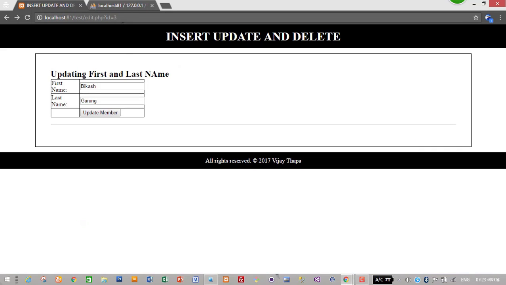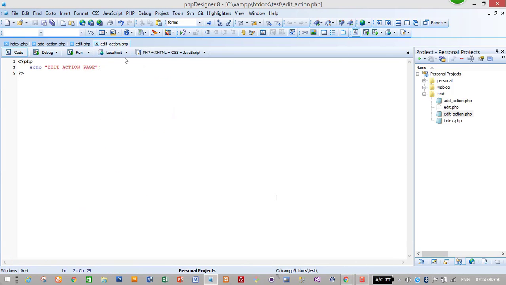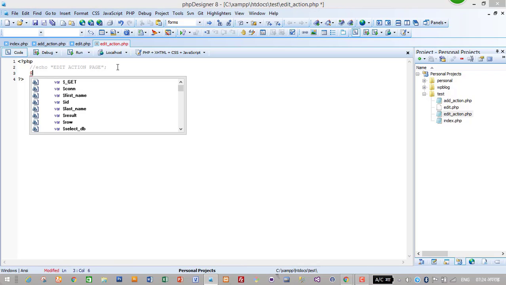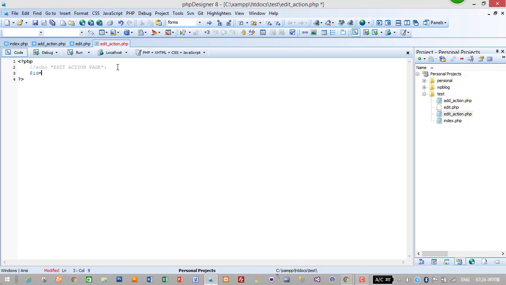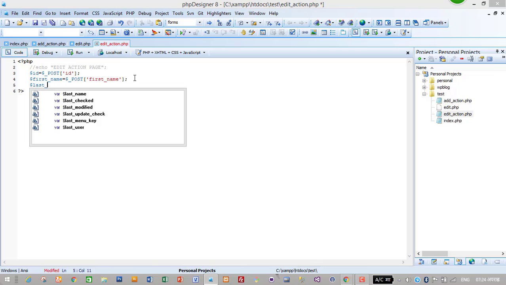So this input type hidden is not showing here, and we do not want to show that. So when we click on update member, we will need to obtain our data from the edit page here. For this, we will create $id variable, then $_POST id name, then $first_name, $_POST first name, then $last_name